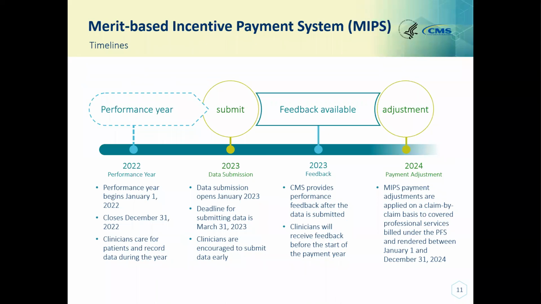All right, this timeline gives a good overview of all the different years and phases of the program that overlap. As I said, it's always good to ground yourself in what performance year you're talking about, and what the different phases related to your performance are. If you start all the way on the left, this is the performance year we're talking about, 2022. The performance year begins January 1st and ends December 31st.